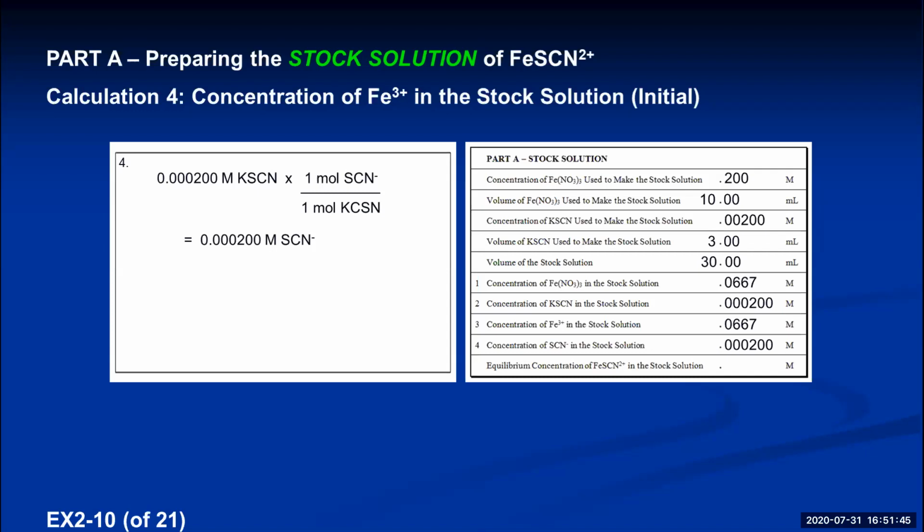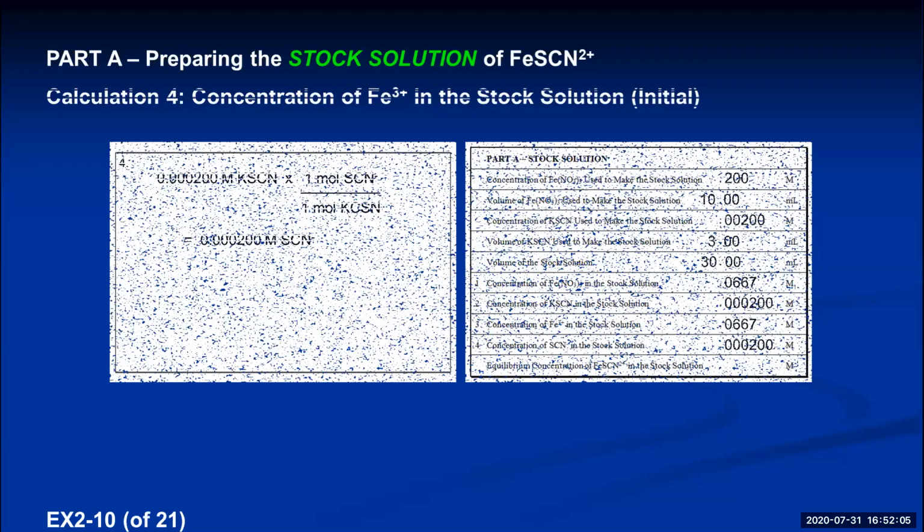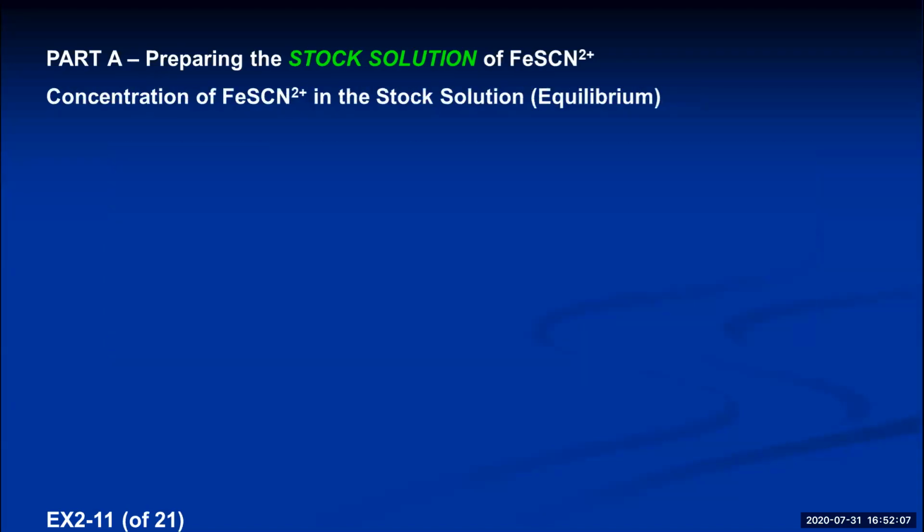The last thing we're now going to have to determine is what's the equilibrium concentration of the FeSCN2+ in the stock solution. Because really all we've calculated now is the initial concentrations of the iron 3 ions and the thiocyanate ions, but they're going to react to form FeSCN. So now we have to figure out what's the equilibrium concentration of the FeSCN. So watch how we do this. This is kind of tricky. The concentration of the FeSCN2+ in the stock solution, which means its equilibrium concentration, is going to essentially come from